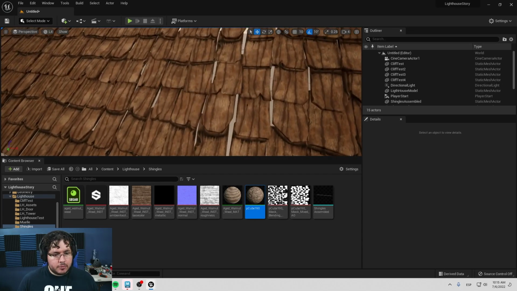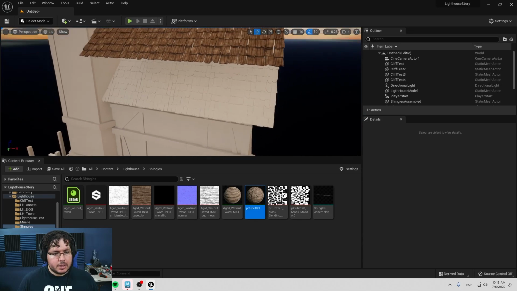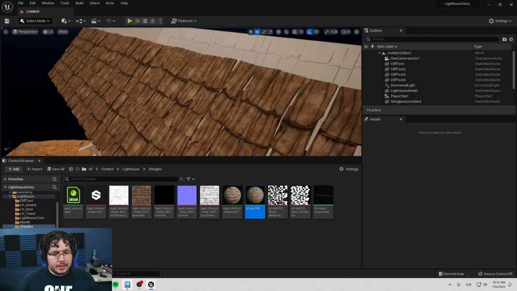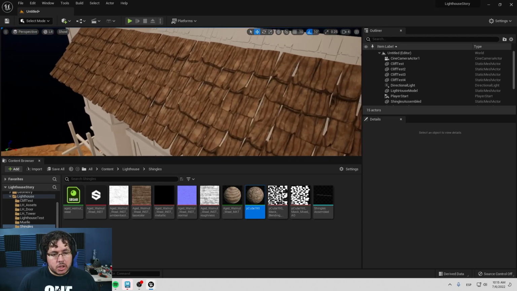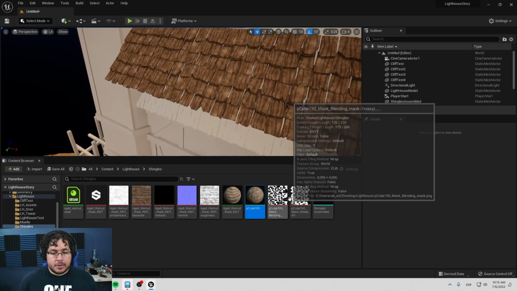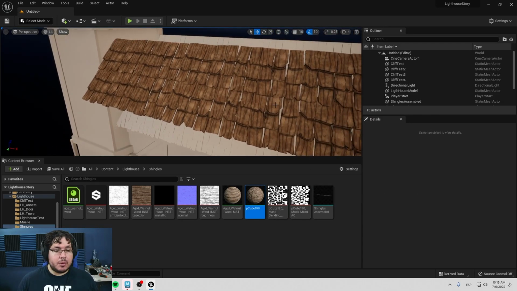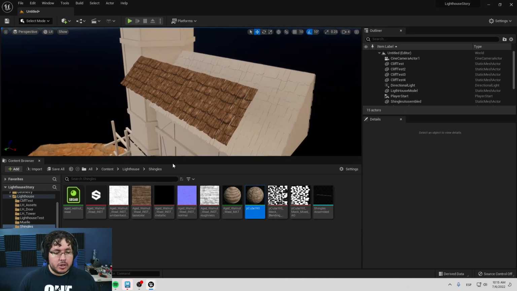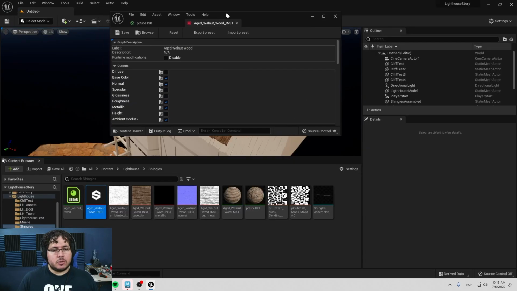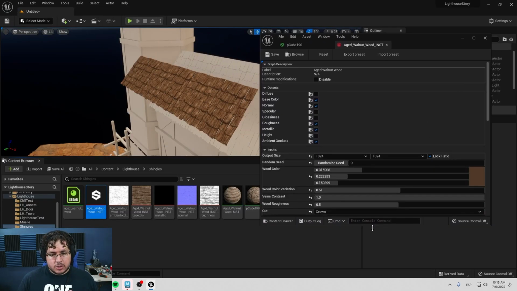So what I want you guys to get from this is the fact that, one, we're using Nanite to create more interesting looking shingles, and we're using a little bit of tricks here with the ambient occlusion to give them more depth, to make them look a little bit more interesting. Now, the one thing that I did want to mention before we finish this video is, since we're using this